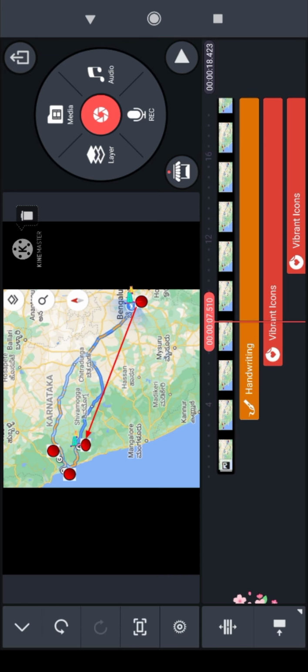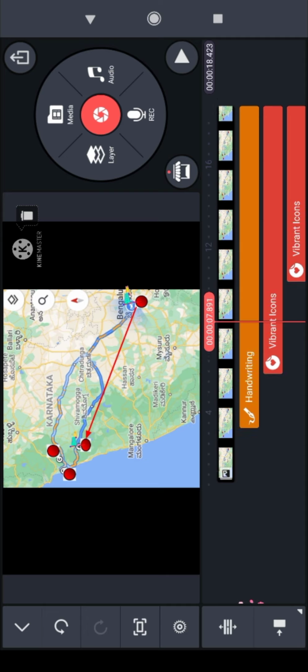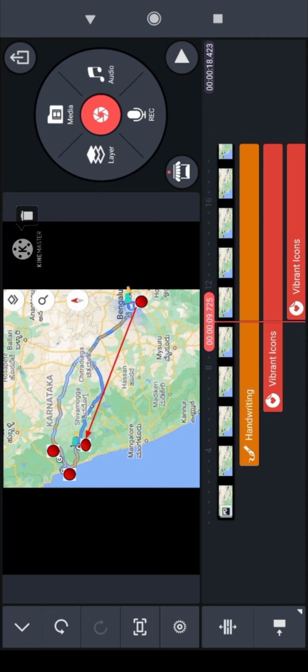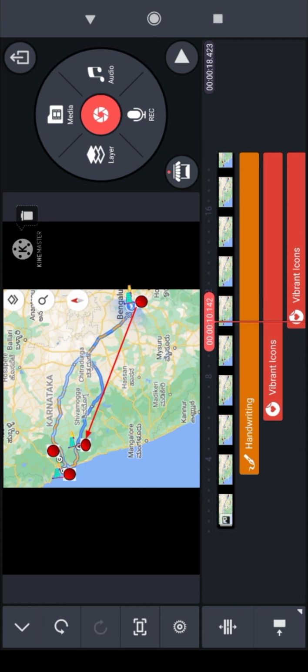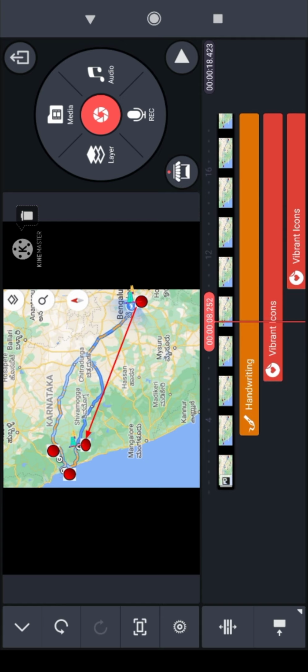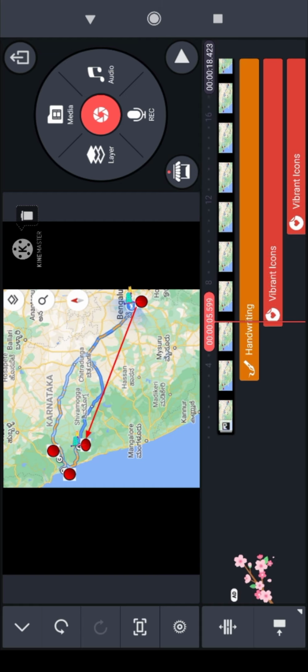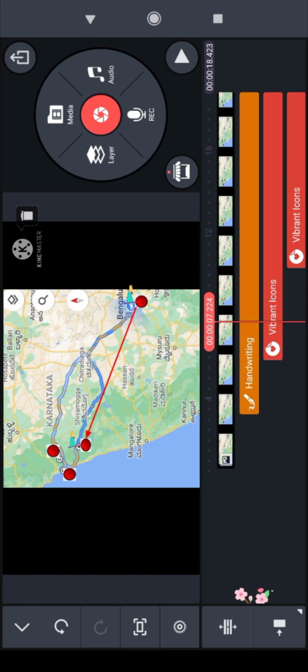Okay, now I want to check the timing of the third one. The flag gets pinned from here. So from here I will draw a line.